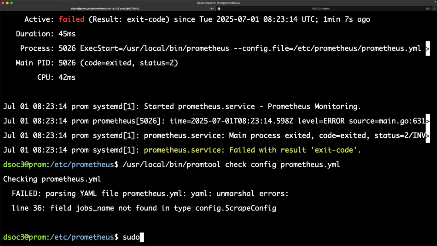Okay, so line, okay, it's a jobs name. See, this is how we troubleshoot. So line number 36 has a problem. Jobs name, it should be job name. So let me